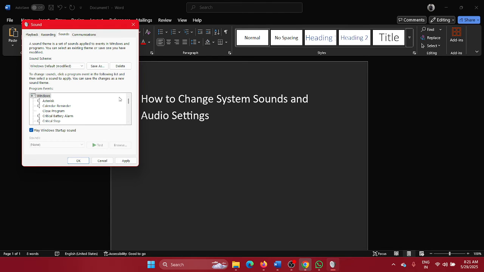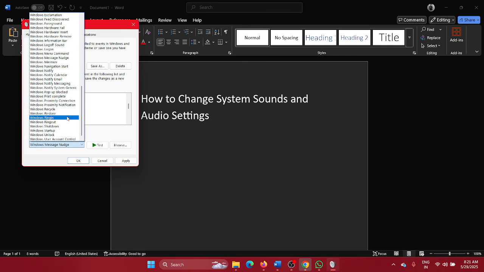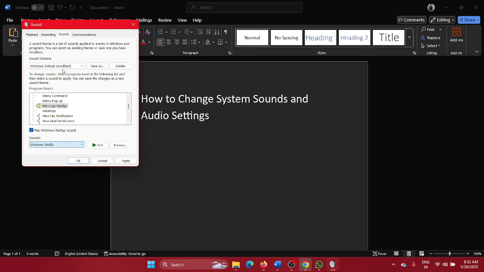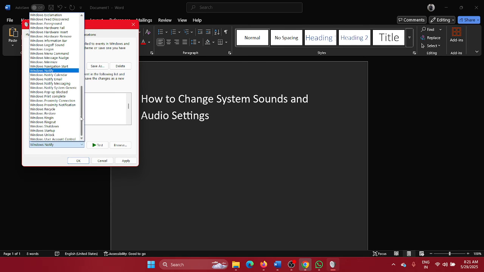There may be other folders, but under the Windows folder it will show Windows sounds, like for desktop mail notification, like for a device disconnect, like for low battery alarm, like for maximizing and all. So these are all Windows sounds. You can change the sound, you can change it to something else like Windows Notify, or here's what I usually